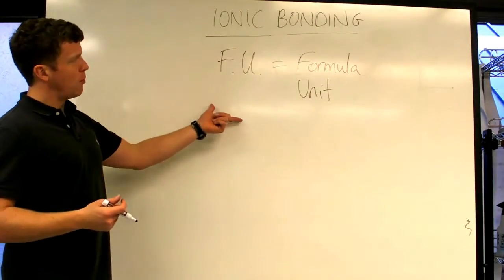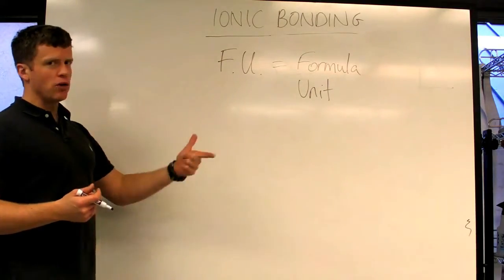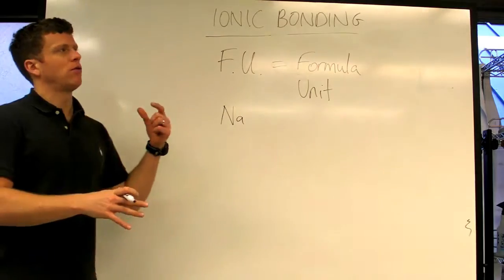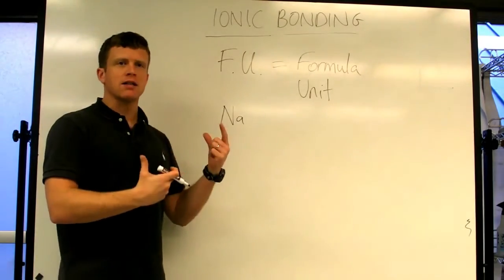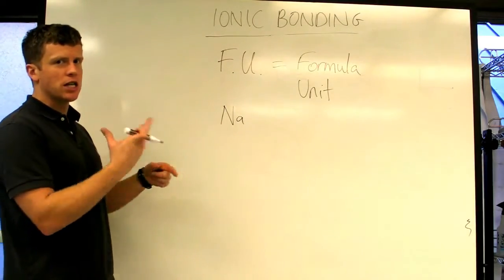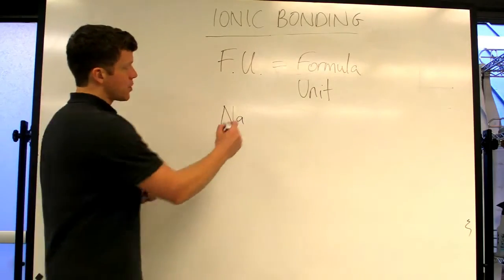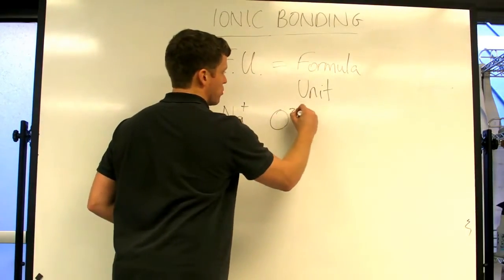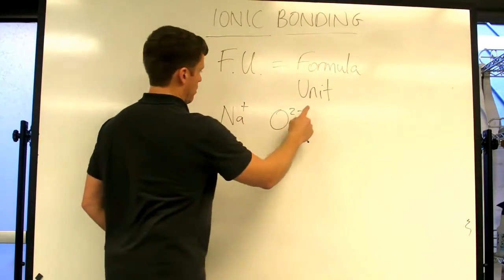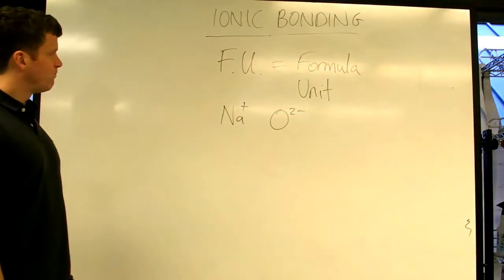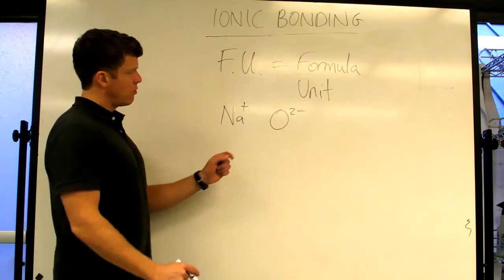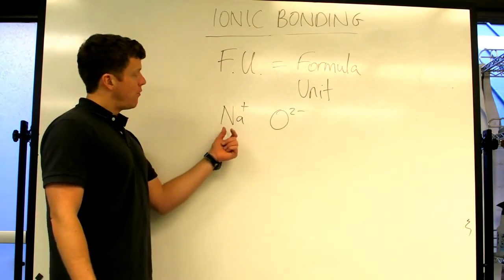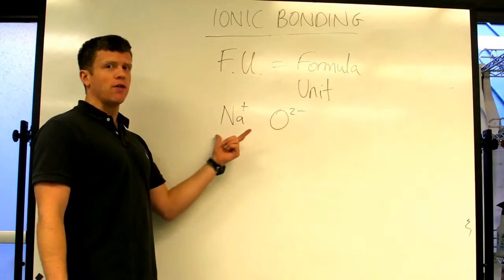So how do you write the formula for a formula unit? The more you practice, the easier it'll become, and you'll see the trend right away. Sodium always makes a +1 ion. Oxygen always makes a 2- ion. And so the quick way to look at these two ions and figure out the formula